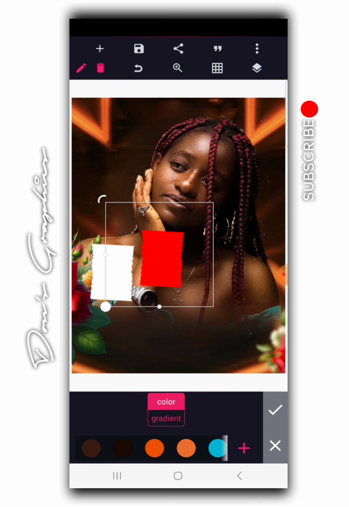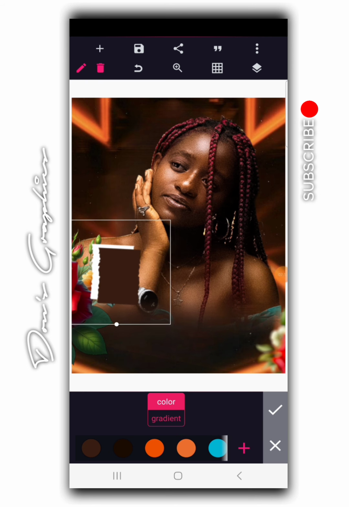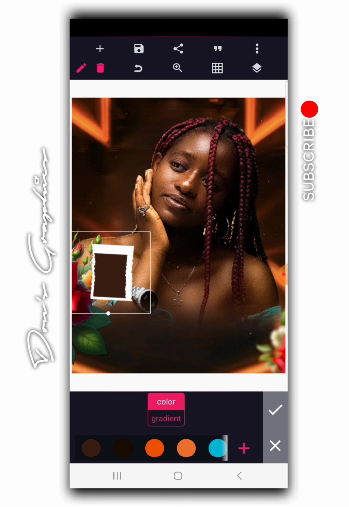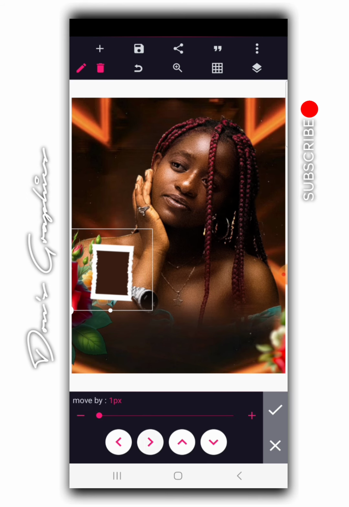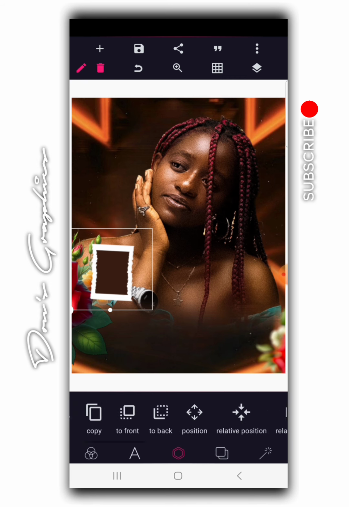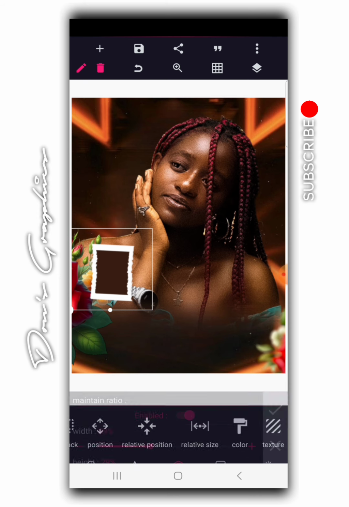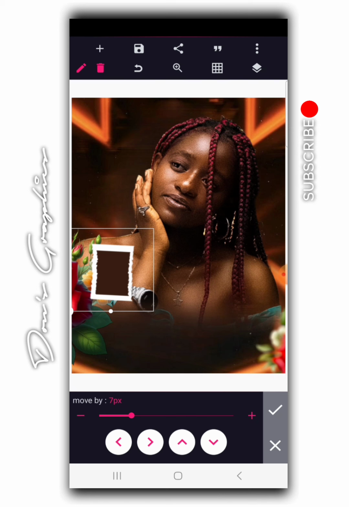So now let's go to color and change the color of this second shape, right? So we're going to change the color into the same color as the background color we picked. So we have this. Now look at what we're going to do. I'm just going to minimize this and position it at the center of that first torn paper. So you use eye gauge here to make sure that it's perfectly aligned. So I think we have to reduce the size of the first one a bit. Okay, we can even increase the size and just make sure that it blends well